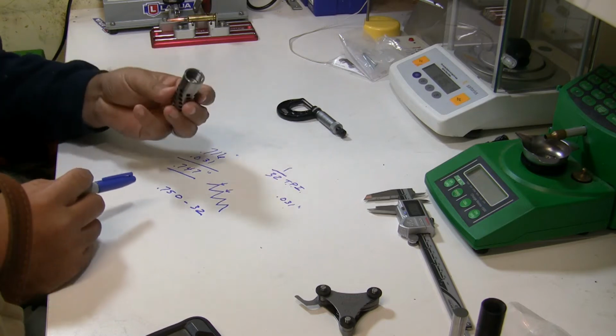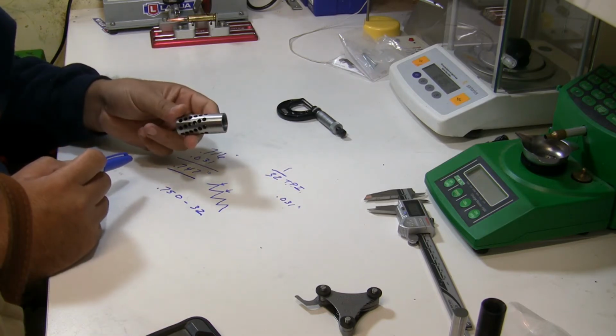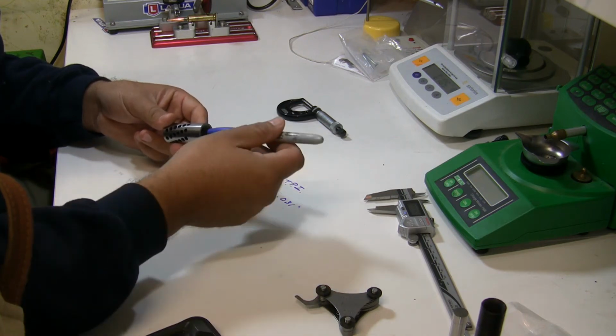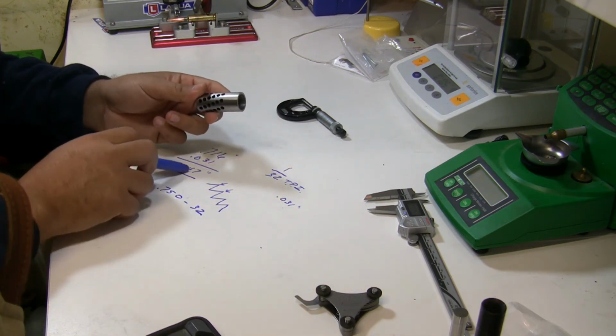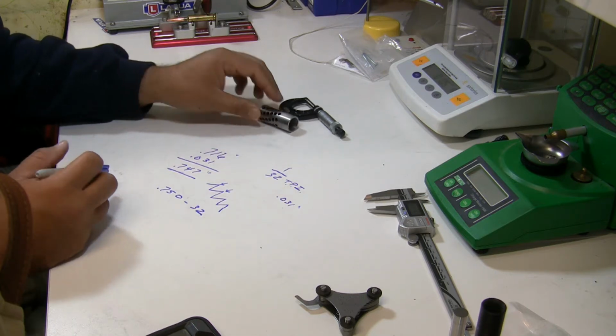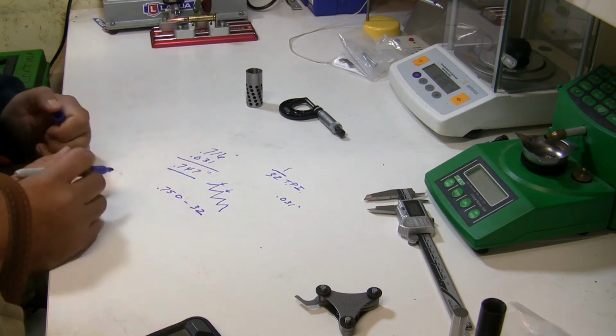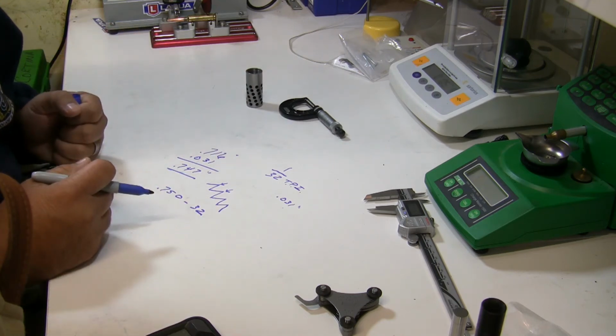So now what I'm going to do with this is use it as a gauge. I'm going to go to the lathe and make the male end of it. I'm going to machine it to 747 for thread. And actually the formula to figure out the major diameter where you need to turn your major diameter is